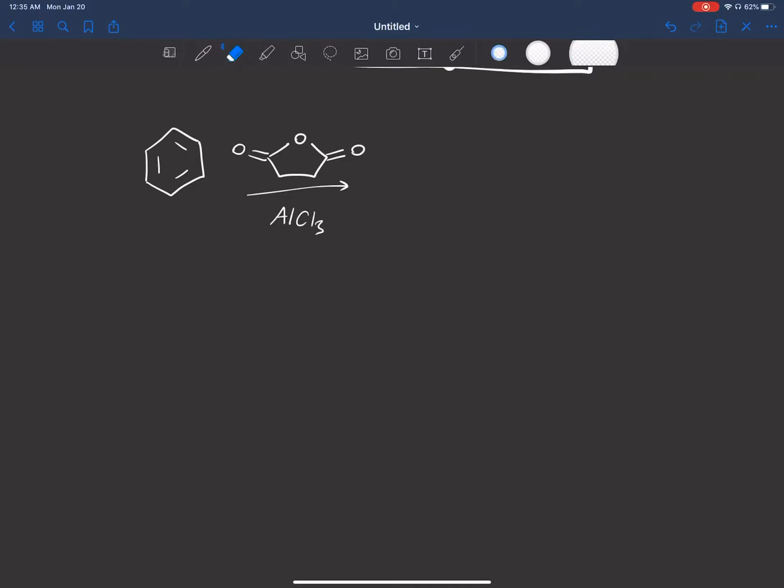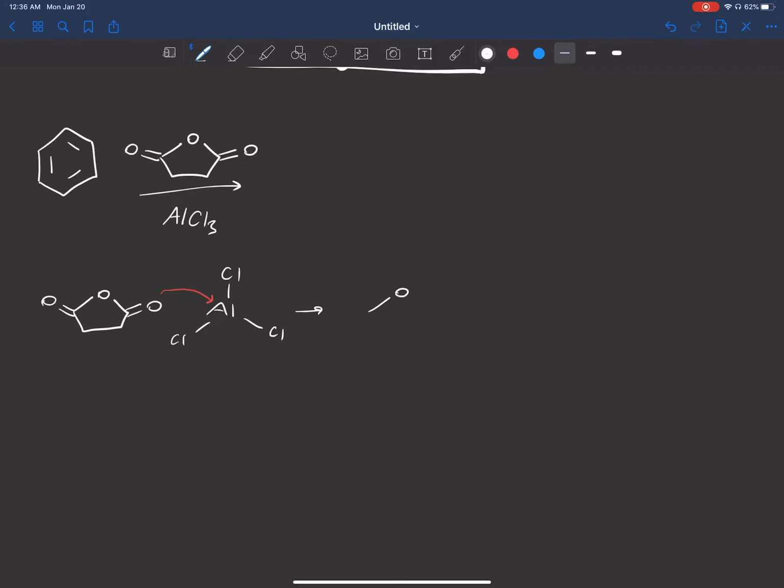So what's going to happen is, let me redraw that. Here's our anhydride. Here's the Lewis acid, AlCl3. So this oxygen of the carbonyl attacks the aluminum, and we get this intermediate. So it's going to be bound to the aluminum, Cl3, negative charge, positive charge. Now what happens is, remember, the carbonyl that is not participating in that bond to AlCl3 has those two lone pairs,